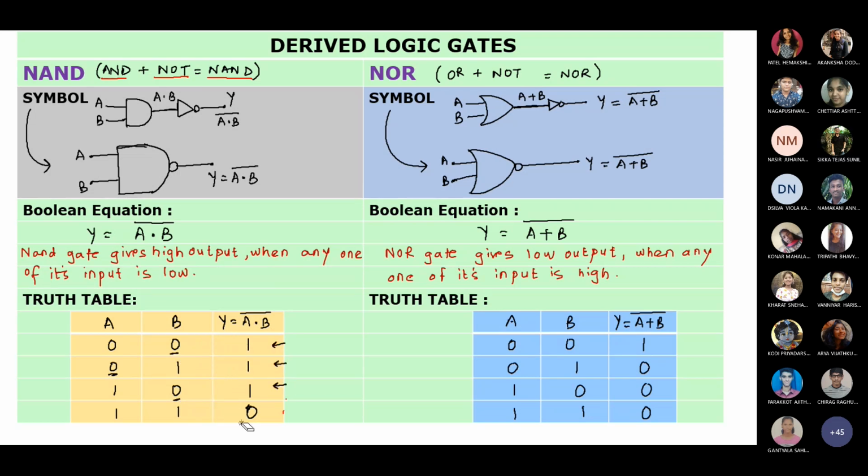Yes, ma'am. Okay. Same way we have NOR logic. In NOR logic, this is the symbol. A, B are the inputs, the output is A plus B, which is given to a NOT gate. So Y will be equal to (A plus B) bar. The symbol is the same as the OR gate symbol. Okay, the first diagram shows the construction, the second is the symbol.